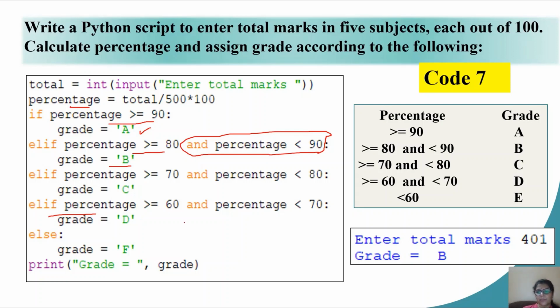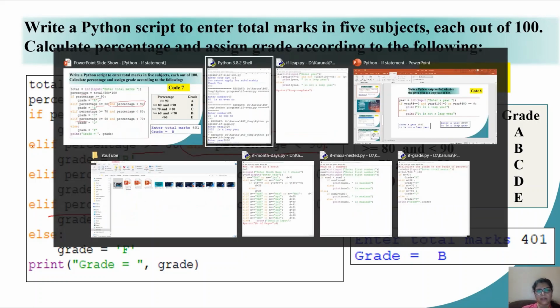I have written this approach so as to make you understand as per the question given. Because according to the questions, many think if I am checking greater than 90, I should also check less than 90. I'm sorry. If I am checking greater than or equal to 80, I should also check less than 90. But you may skip that because it automatically is in the else part. Right? Let us see the practical run through.